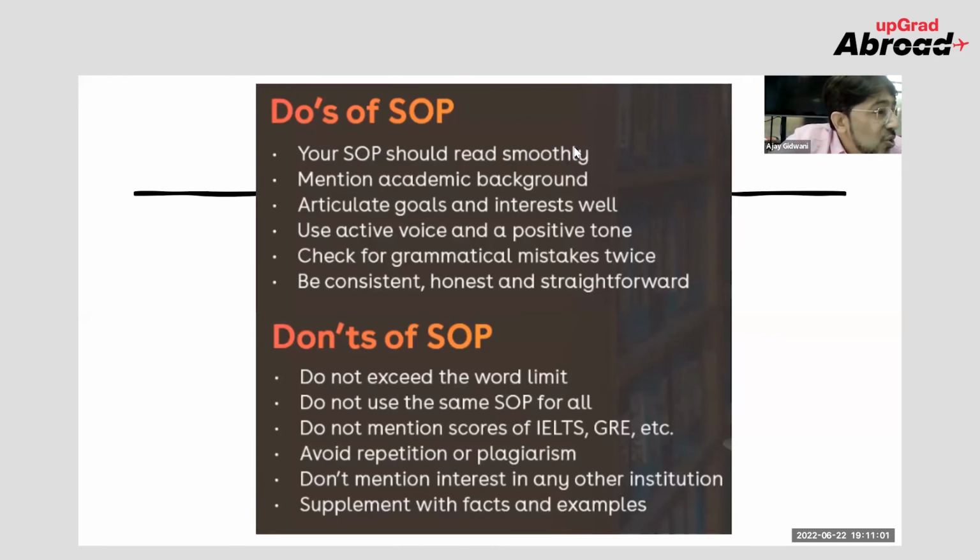Sir, how to express an SOP about a 10 year gap from UG completion in order to pursue a master's? Provided you have the experience of 10 years, then there is no problem. You can write that for these 10 years, you have worked in some companies and these were your main achievements. Like maybe you joined as an executive and in 3 years you were promoted as a manager. And maybe after 7 or 8 years, you are heading that particular unit of that company. In this way, you can show your professional achievements, and that can be managed, provided you have the complete experience of 10 years in black and white.